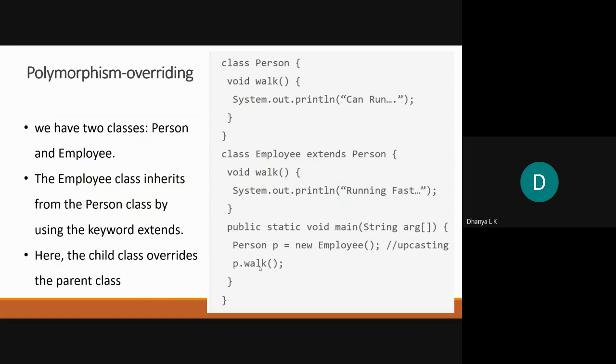So function overriding is runtime polymorphism, or it can be called dynamic polymorphism. We have to explain it with an example. So these are the concepts of object-oriented programming. Later we will discuss